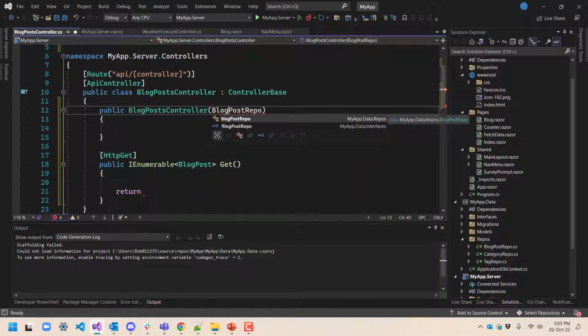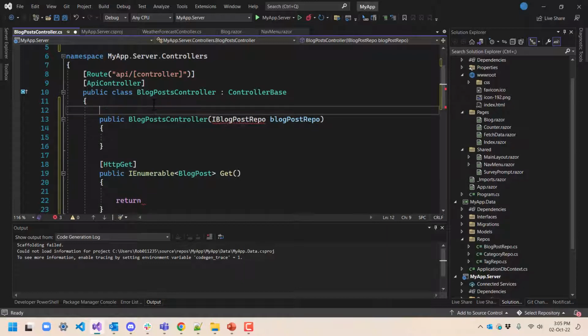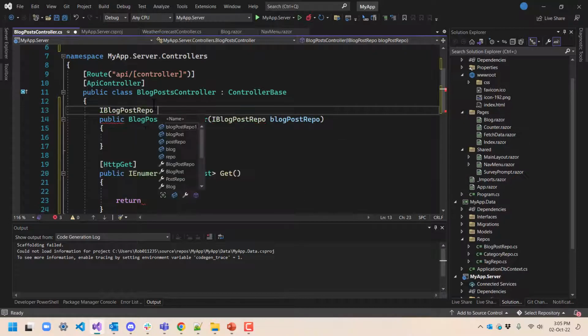And we have that interface, IBlogPostRepo. So we're going to use that interface, and what we're going to do here is make an IBlogPostRepo property,